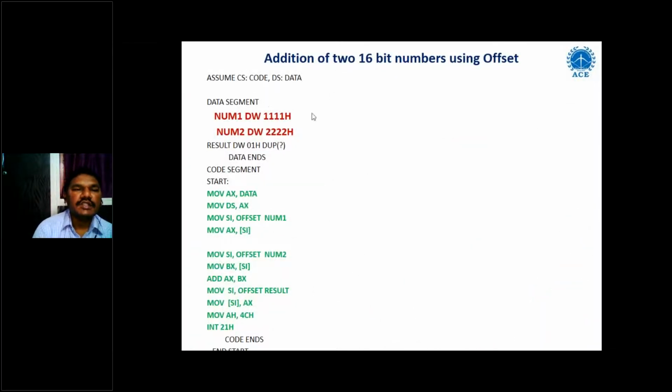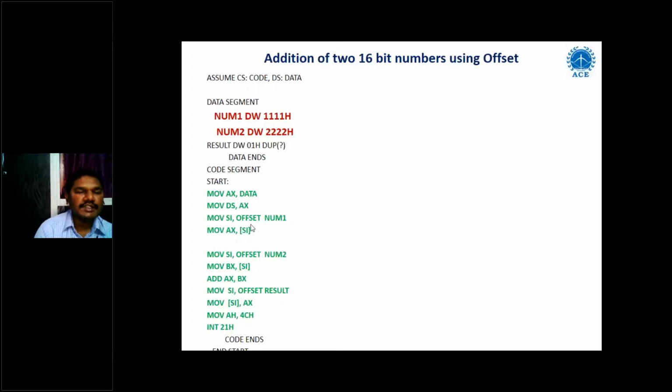Right. So here you can see that this is the structure of the program, and this green color, all are called the instructions. And in this instruction here, move is called the opcode, and AX and data are called operands, and these two operands are separated by a comma here. So here AX is the register and this is the data segment address location that we will see later.